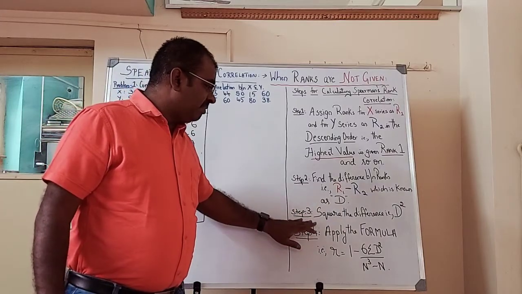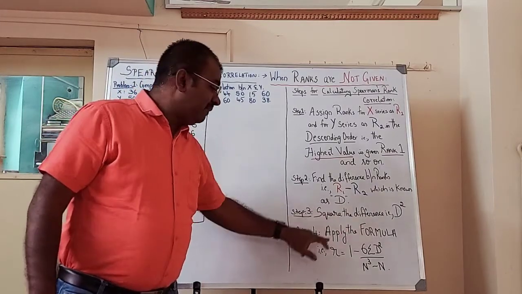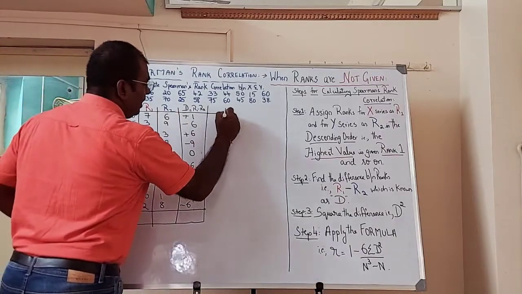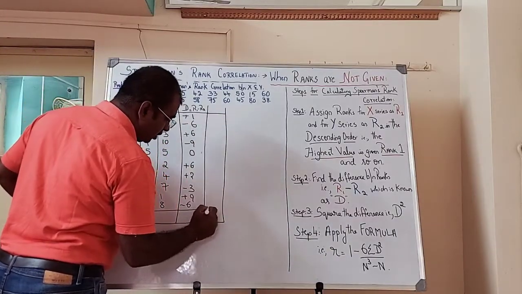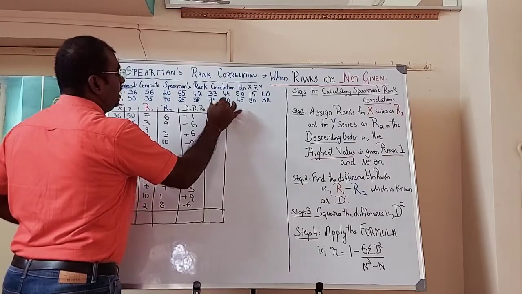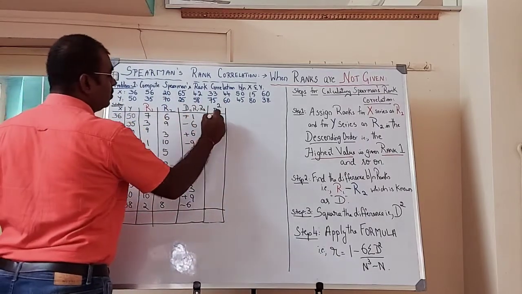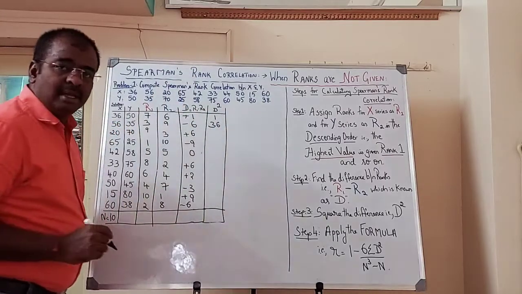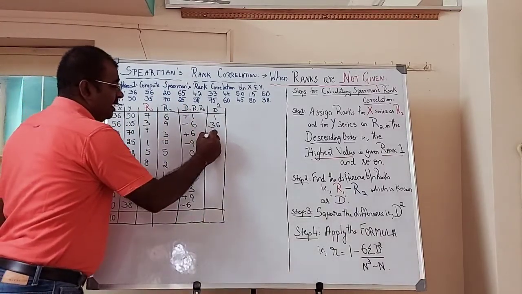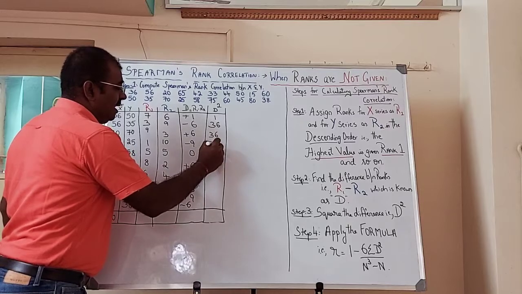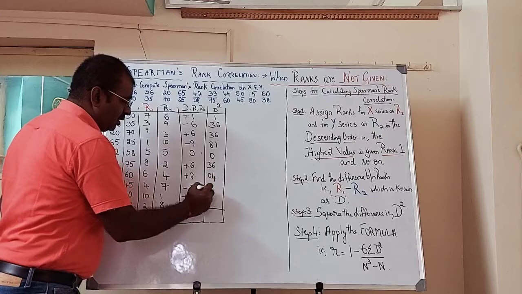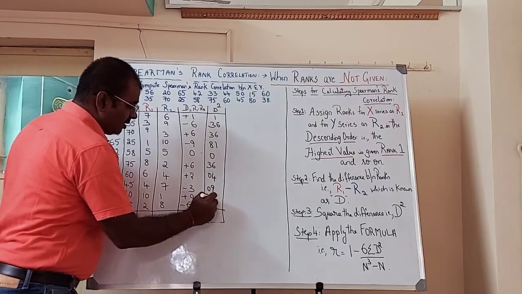Next, let us go to step number 3, which says square the difference, that is D square. We have already found D. Next, we need to find D square. So D square, that is 1 squared is 1, 6 squared is 36, minus into minus becomes plus. Again 6 squared is 36, 9 squared is 81, 0, 6 squared is 36, 2 squared is 4, 3 squared is 9, 9 squared is 81,